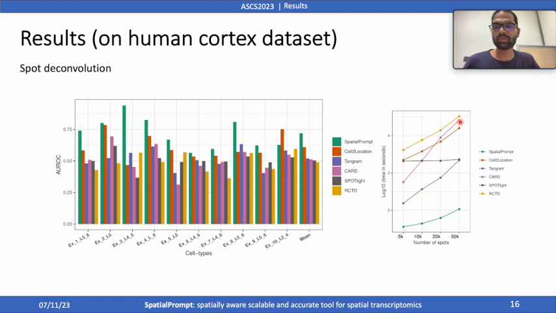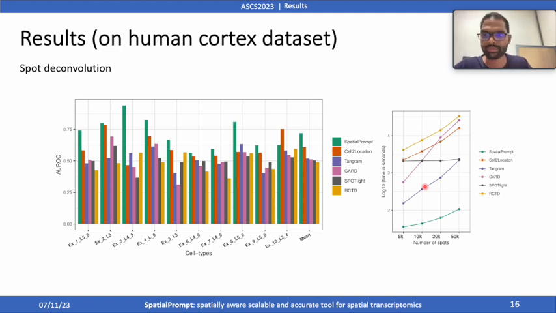We observed similar results in the spot deconvolution. These are the AUROC scores obtained for the major cell types present in this human cortex, and here we can see a mean AUROC of 0.72 in our tool compared to the other tools, and we obtained similar benchmark results for the